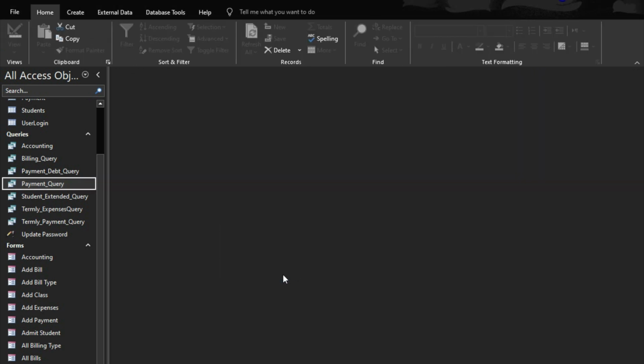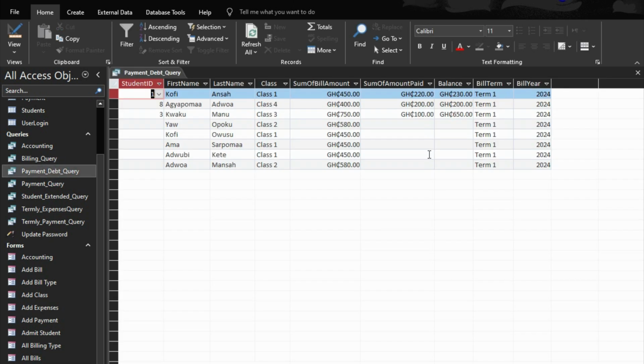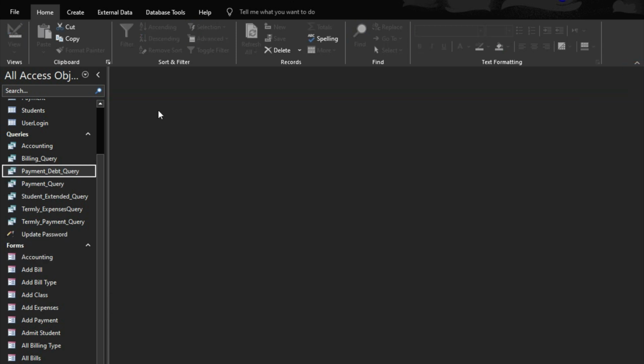We are going to create another one too. That one is going to take care of all the fees students have paid. So we are going to create another query by looking at the payment debt query. Where is it? This one. We are going to use that one to make a payment history. Yes, we are going to make a payment history that will show how students made payment. So we go to create,